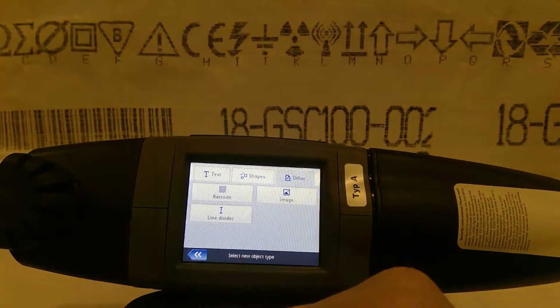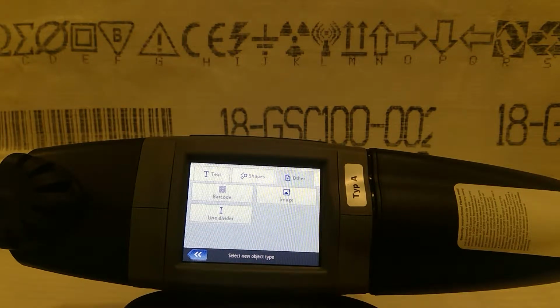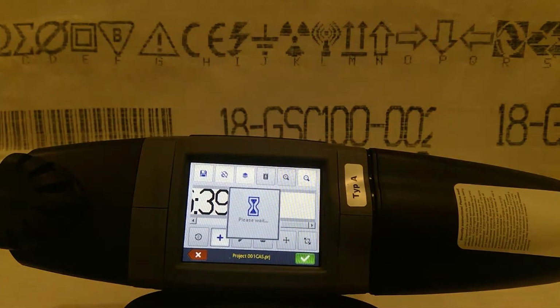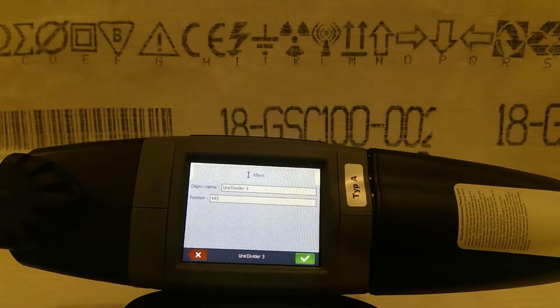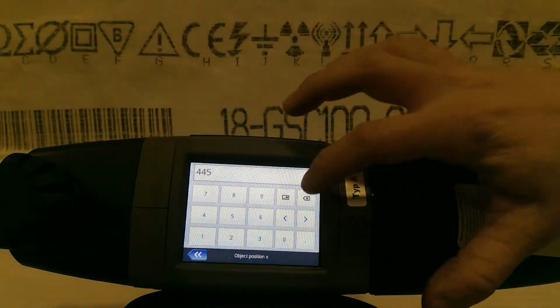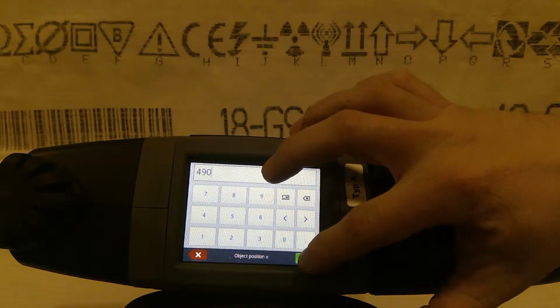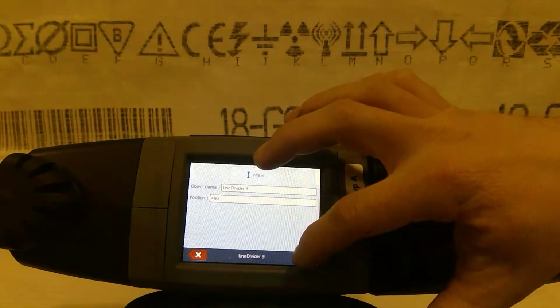Again, we're going to want a divider, so we have to pull the trigger again. You don't have to. You could have it set up to where with one trigger pull, you'd just roll it and it would print the time, the date, and the counter at the same time, but in this video we'll go ahead and add a counter there. This is a guess. I think our last project ended close to 460 or so, so we're going to go up to 490 and